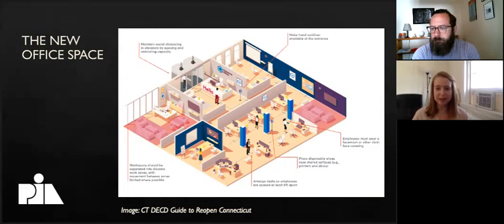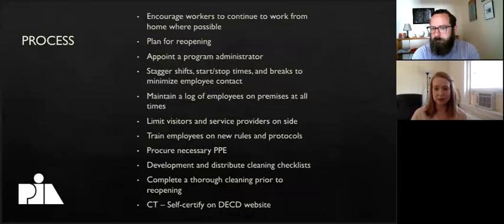But the key is, while we're specifically going to be talking about what Connecticut's recommended, in all likelihood, this is very similar, if not almost the same as what New York and New Jersey will recommend. They just haven't issued their guidance for offices to reopen yet due to differences in each state's reopening